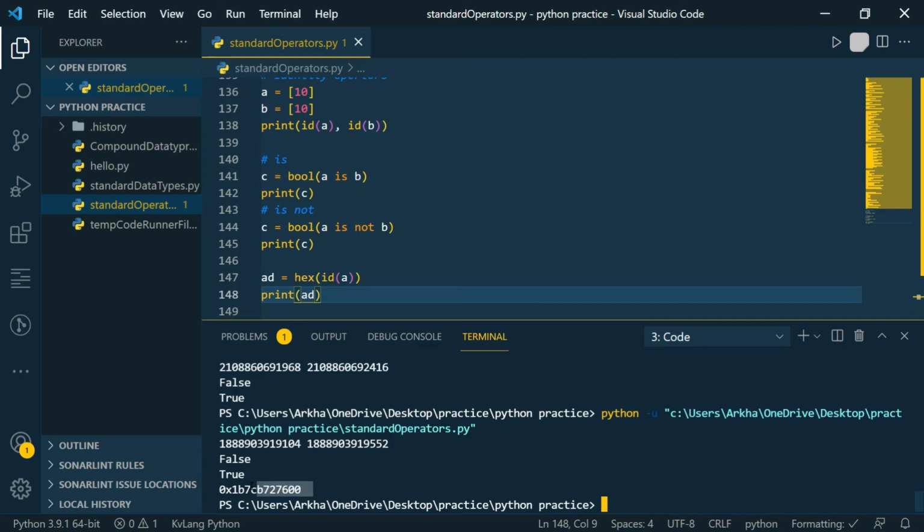So you can see this is the address of A and this is the ID of A. You can refer to the hexadecimal number system as a number system which uses alphabets with it. This is an informal definition, not the actual definition. I am just specifying it for beginners. We will study number systems in great detail in some future video whenever the time comes.